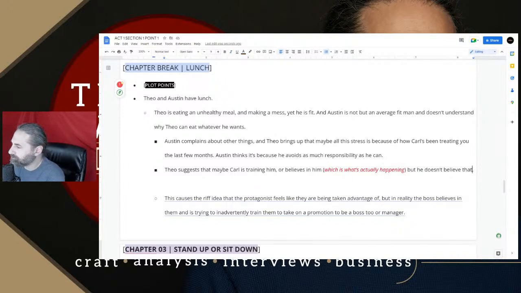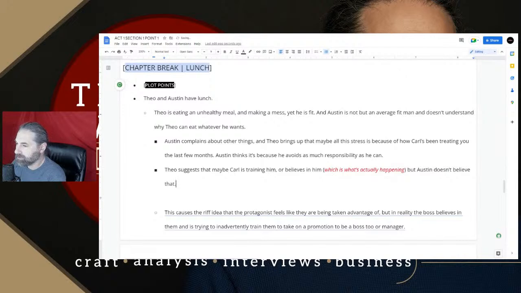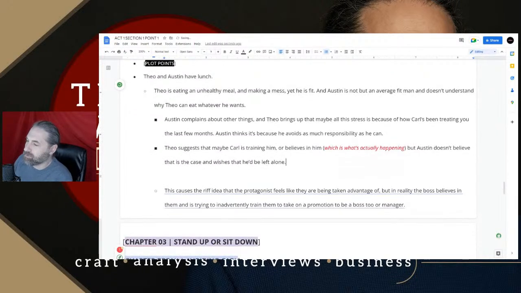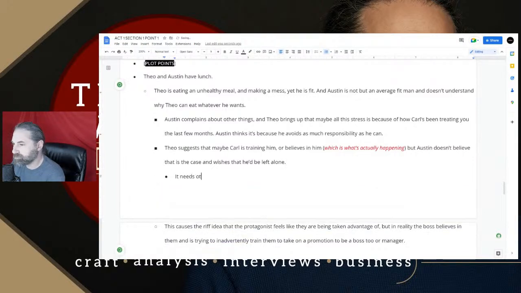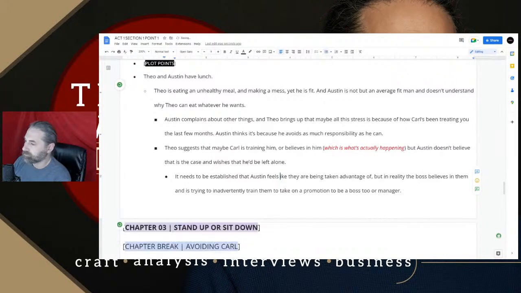But Austin doesn't believe that is the case and wishes that. So that's good to know, right? Now, it needs to be established. Austin feels like he's being taken advantage of, but in reality, the boss believes in him, and is trying to inadvertently train him. Okay, so that's basically what I said 2 seconds ago, but